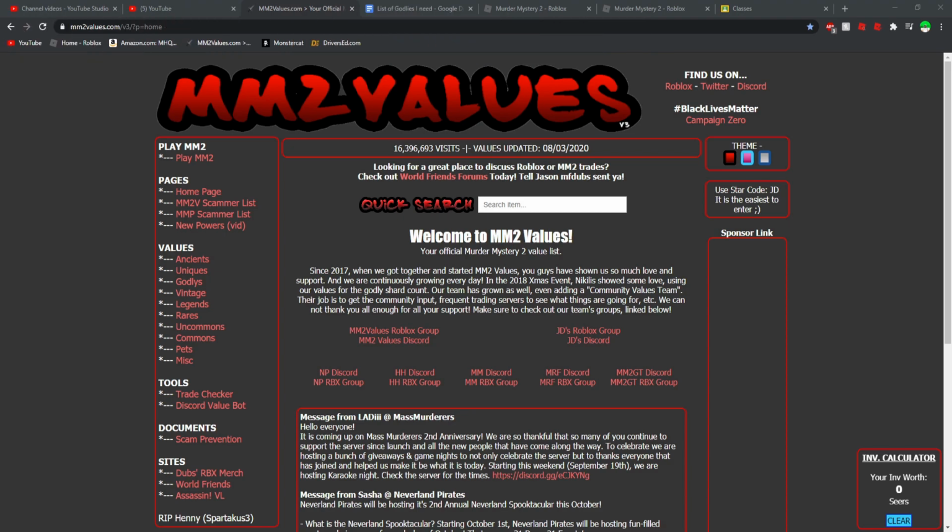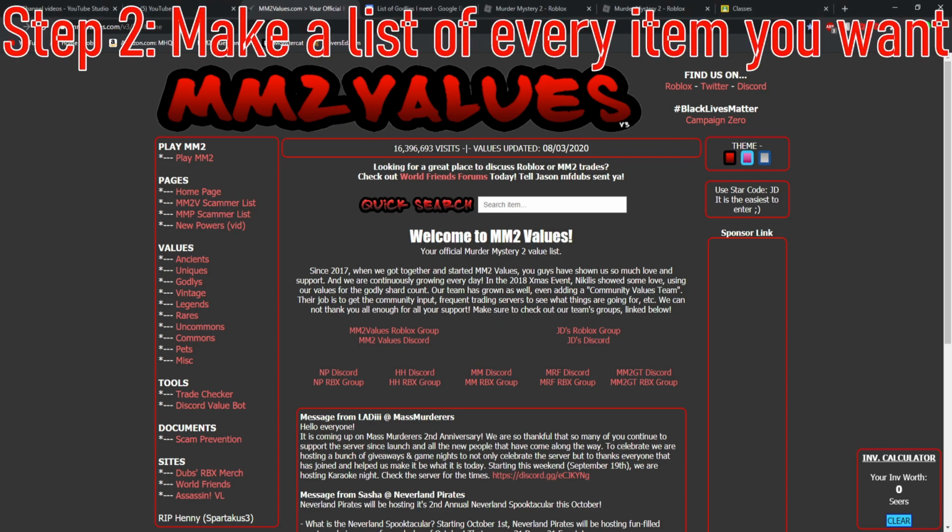Alright, once you've gone to murdermystery2values.com, there is a second step that we're going to get into, which is really easy. You're going to want to make a list of everything that you personally want to get in Murder Mystery 2. For me, I want every ancient, unique, and godly. I don't really care about the vintages, the pets, the legendaries, and all those. I really just wanted the ancients, uniques, and the godlies,